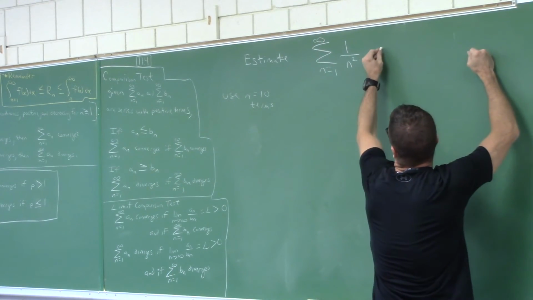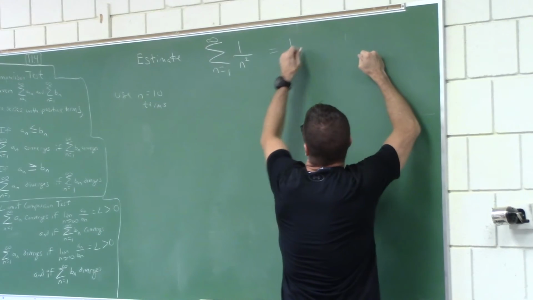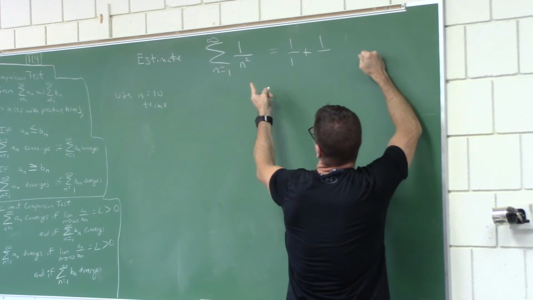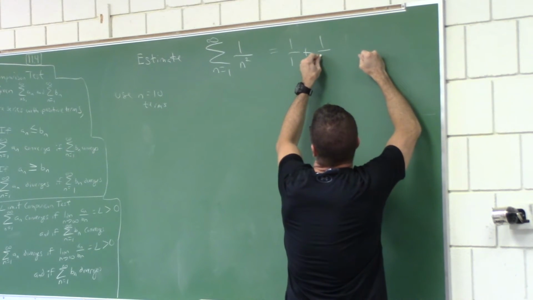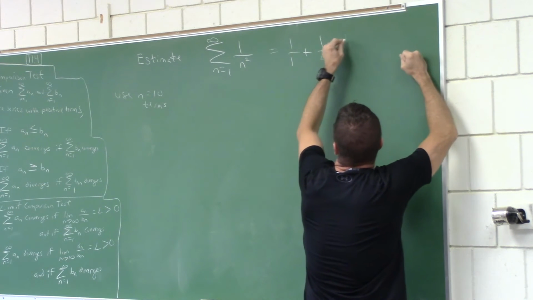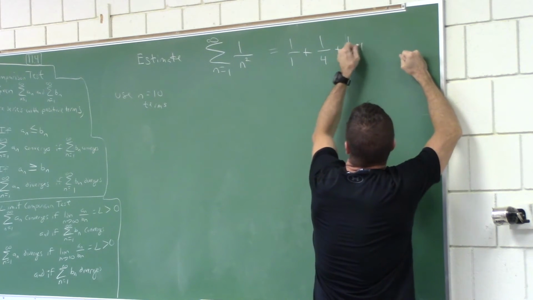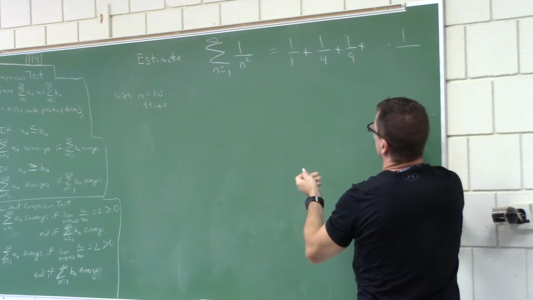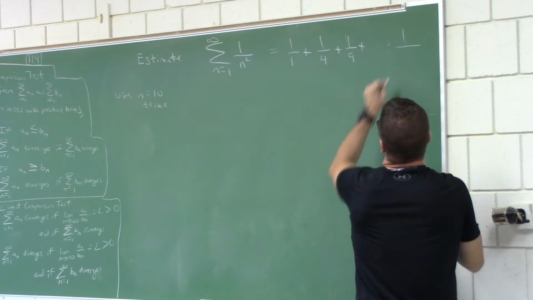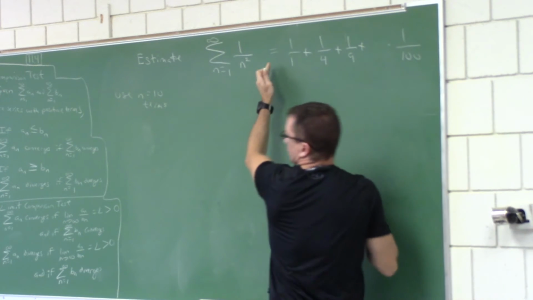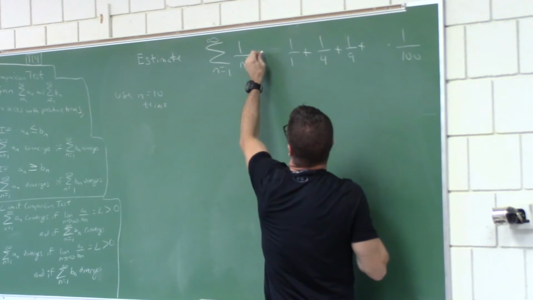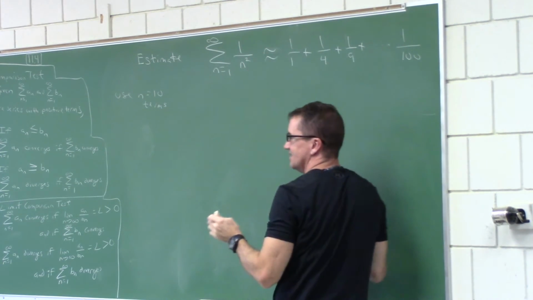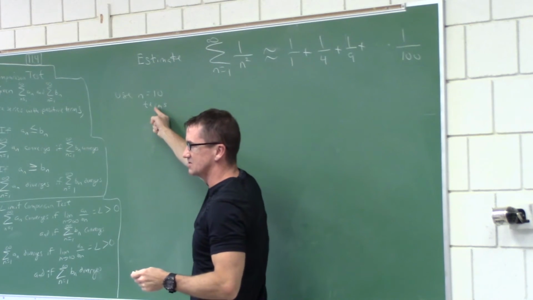The first term would be plug in a what? 1 over 1, that's the first term. 1 over 2. What's 2 squared? 4. Alright, 1 over 9, and what would be the last term? 100. Alright, 1 over 100. So I put an equals, I can't put an equals when I can do a what? Similar. Yeah, it's squiggle. Right, this series, if I use n equals 10 terms,